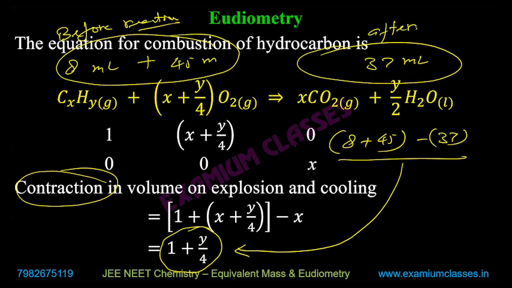Okay. So by formula, we know that contraction in volume is 1 plus y by 4 according to this balanced reaction. But according to the question, the contraction in volume is 8 plus 45 minus 37, which will give you how much? 53 minus 37, 16. So contraction in volume is 16, and by formula it is 1 plus y by 4. But